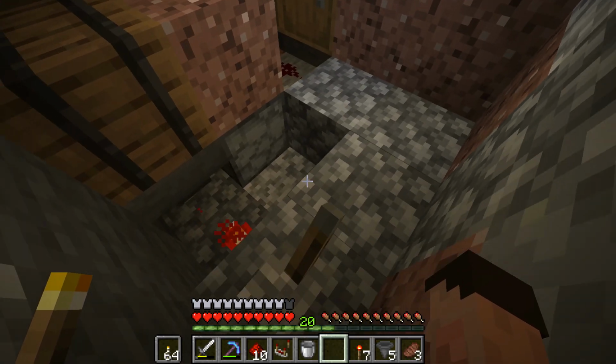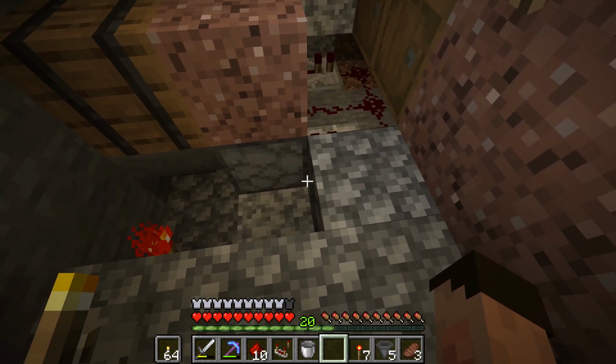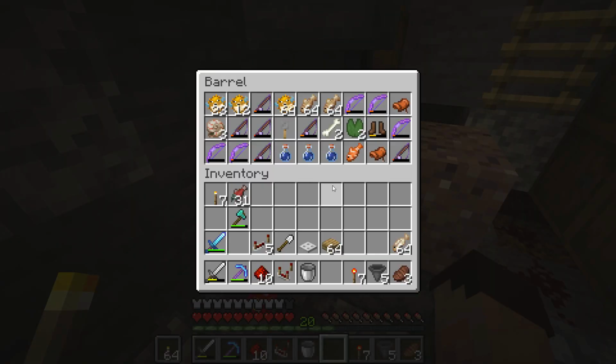Now, I've not got a safety switch on this one, which is dispensing all the stuff into the thing and then pressing the button to dispense the lava to burn it. But you know what? I just have to be careful. Is there stuff that I want to keep, though? Let me just...